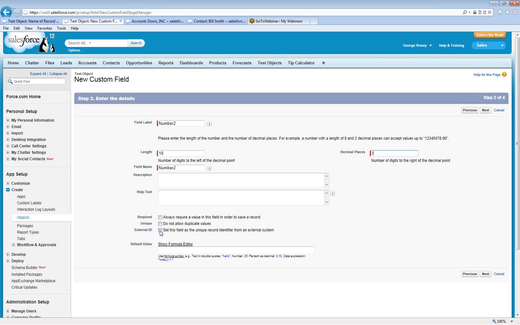So what these properties mean is if it's required here, it's going to be on every page layout that you have, and everybody will have to put a value in it to save a record. And this also affects your integration. So if this is a required field and you don't have it on a web-to-lead form,